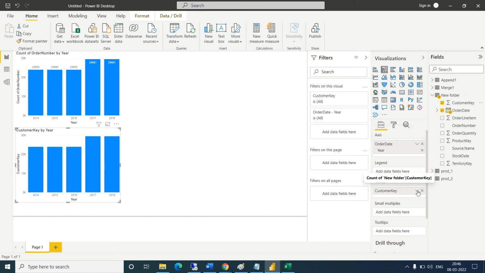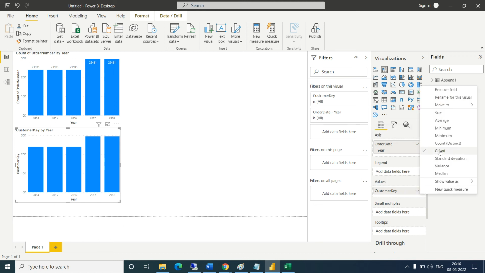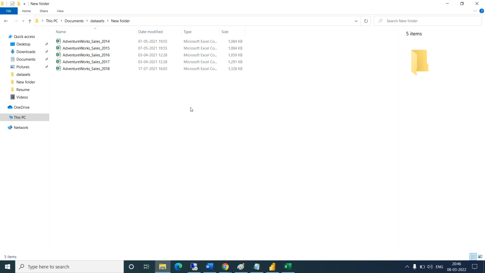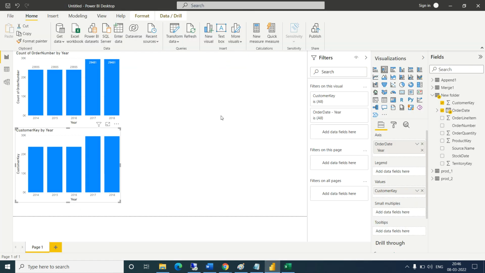Okay, so we need to take a count of the customers. How many customers we receive for a particular period is shown this way. This is how we need to perform this. If you have a requirement where you get a new business file every day in a particular folder location, how will you pick it up and add it automatically? You should know that. Every day a new file will come, you just need to refresh here and you will get it automatically once you complete the appending. So you understood how to do the appending, everyone?